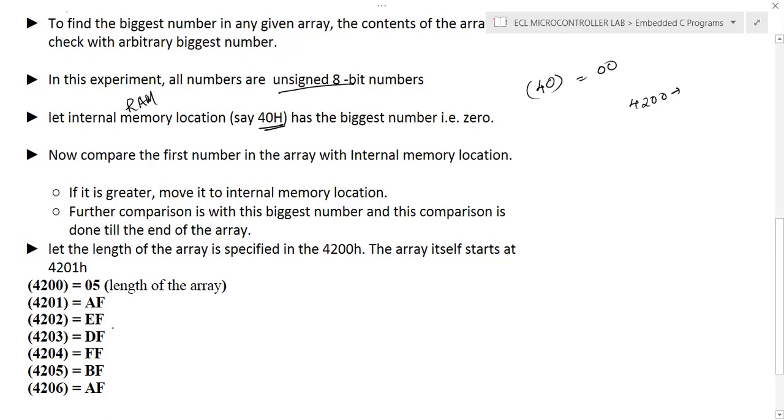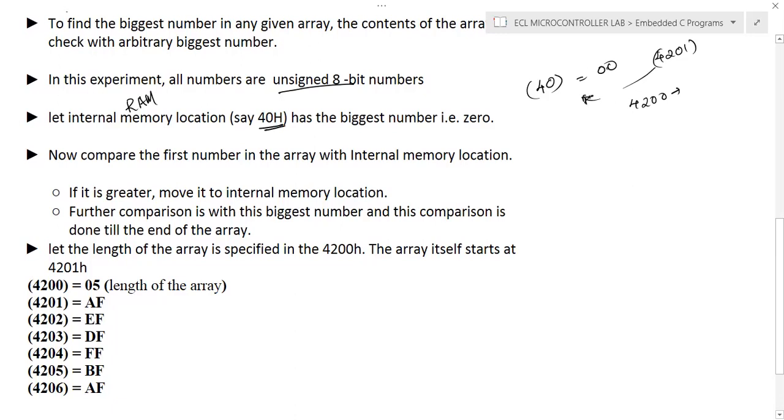The next 5 locations contain the values, and we need to find the largest of those 5 elements. So the first element is stored in 4201 actually. Either you can store 00 in 40H, or you can load the first element, that is the content of 4201H, into 40H. You can use either logic.